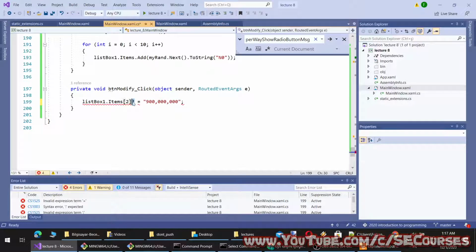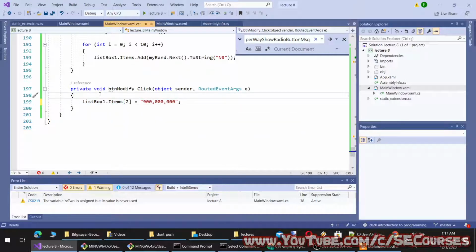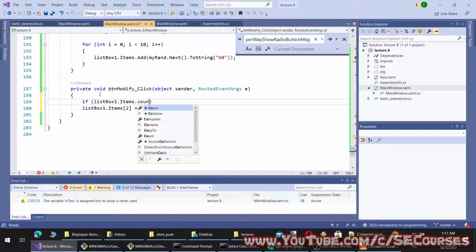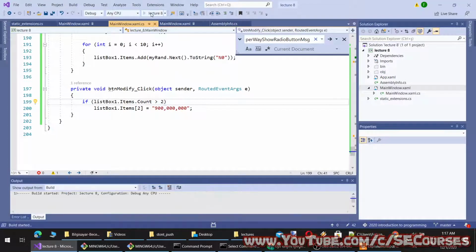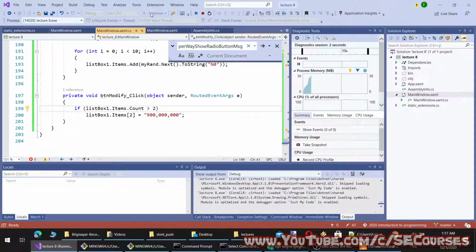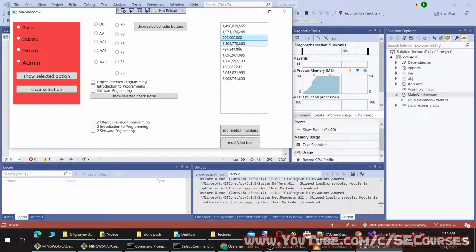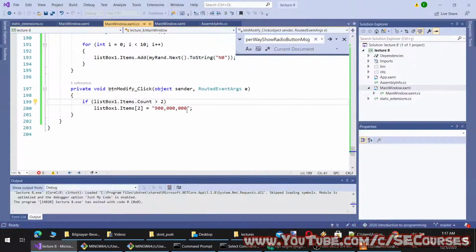Okay, it appears that we can't use the null check with the list box. Therefore, I will add a manual check: if Items.Count is bigger than 2. I will add it like this, so it will not crash anymore. Okay, modify, you see now it is working. I have added, and when I click, you see now it is modified as I wanted.